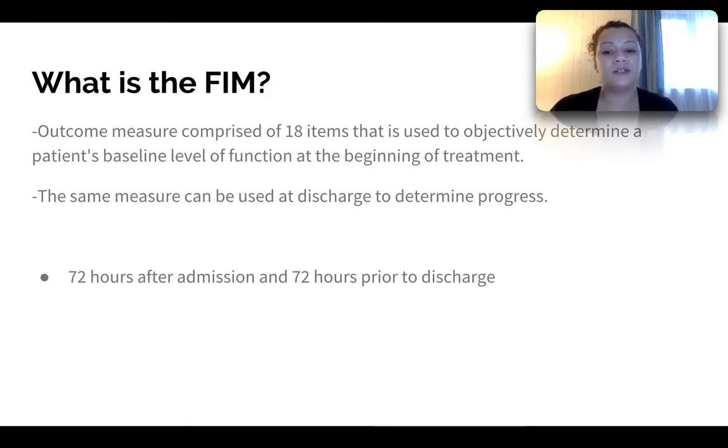It's an outcome measure comprised of 18 items, where the Barthel had 10, this one has 18. And they are used to objectively determine a patient's baseline level of function at the beginning of treatment. So it's another objective assessment. The same measure can be used at discharge to determine progress. So you use it at the beginning and you use it at the end to see how much progress your